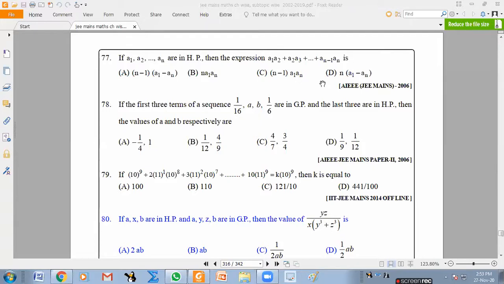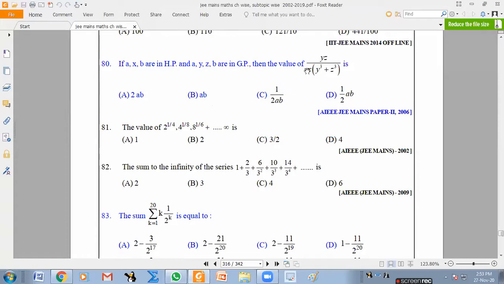Also you can easily do the objective method: take all of them as A. If I take all of them as A, X also as A, B also as A, Y, Z, everything as A, then numerator is S cube and denominator is 2A power 4. Answer should be 1/2A square. When A equals B, which option will give you 1/2A square? Yes, option C. Okay, so you can do that. If not, let us do this.